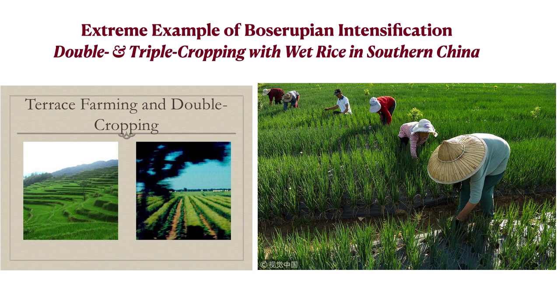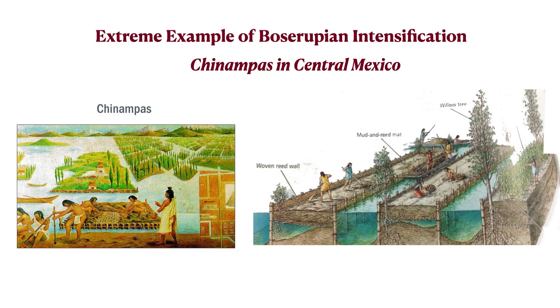And I have talked in other lectures about how precious human waste was in early modern Japan or China, simply to maintain the fertility of those fields. Perhaps the most intensive pre-modern agricultural systems ever devised were the Chinampas of central Mexico, the basin of central